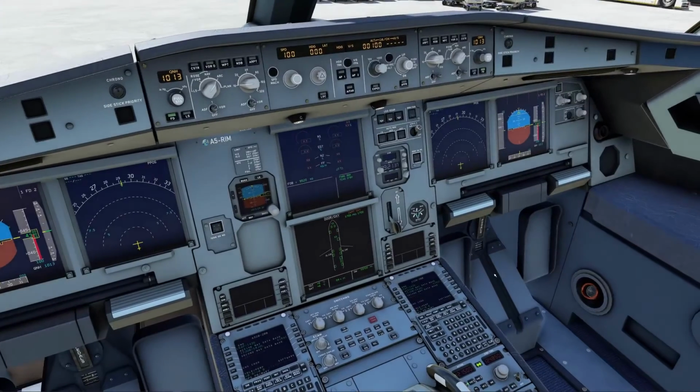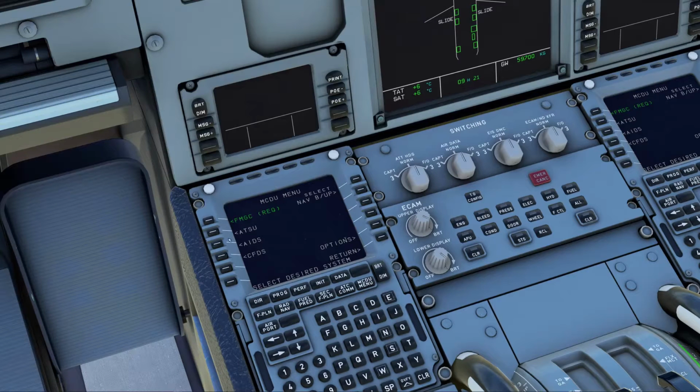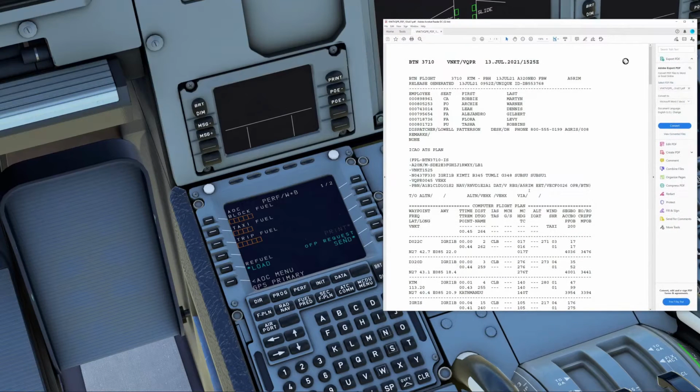What I'm going to do now is just go straight to the MCDU and start to get that programmed. So just checking the data there. 14th of July, that is tomorrow actually. Yep, one more day left on the AIRAC there. And going straight to the MCDU, and then click on ATSU. Okay, AOC menu, and we're going to perform weight and balance there. So I'm going to get that straight from the load sheet here from SimBrief.